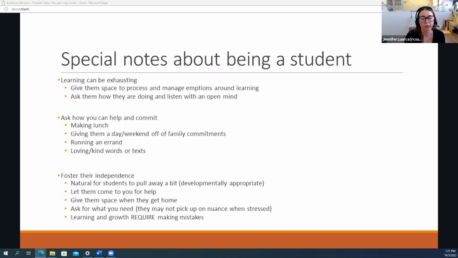So being able to listen and not place judgment on their efforts, especially if we're talking about first assessments, is really important, because sometimes we have to take that test to see if we're on the right track or not. Okay. And then if they're not doing as well as they'd like, encouraging them to utilize resources.